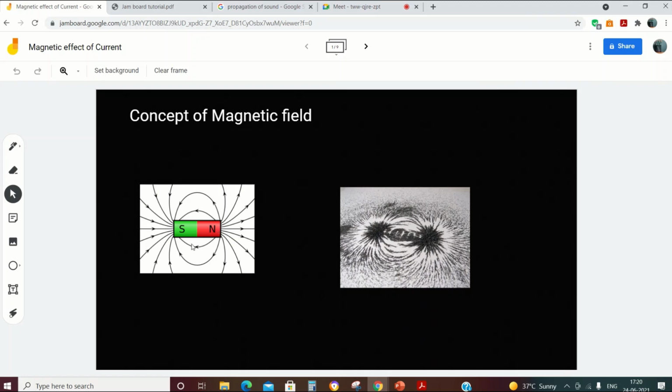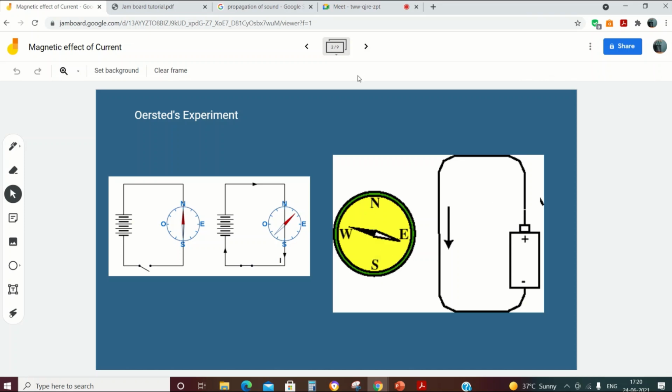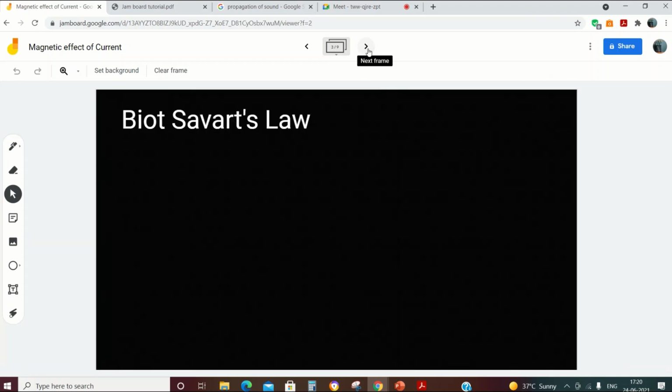So I have added the images and I made that black effect, and you can see here the experiment diagram is there. Along with that, animation gives more effect to the class. And I have given some empty space here because this concept takes much space to explain.